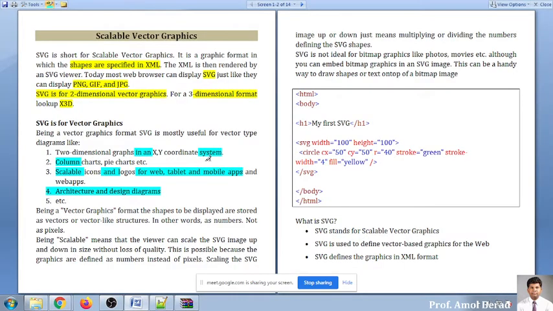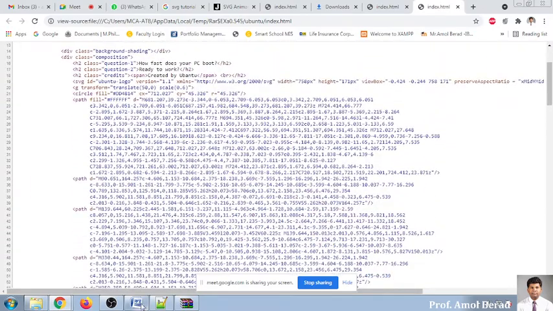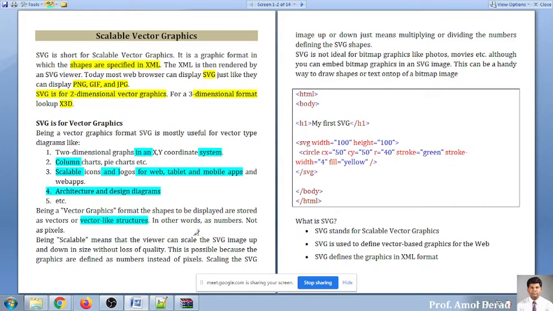So we'll move to the content, exactly what is there and what we are expecting as a student. Being a vector graphics format, the shapes to be displayed are stored as vectors or vector-like structures, in other words, as numbers, not as pixels. So you'll see in this output that number-like code is defined for the purpose of execution.